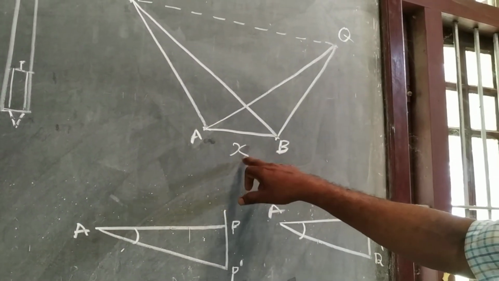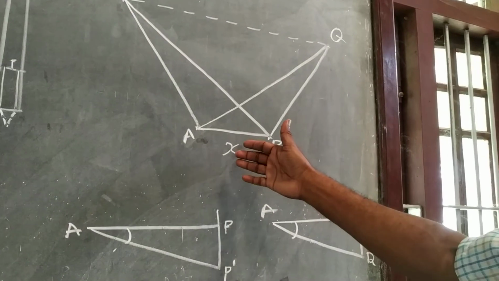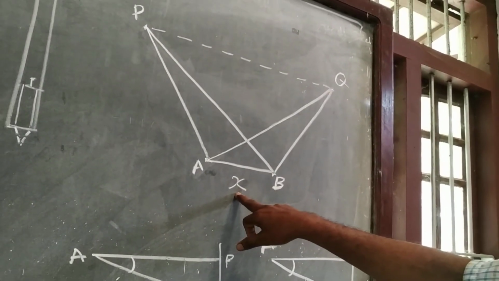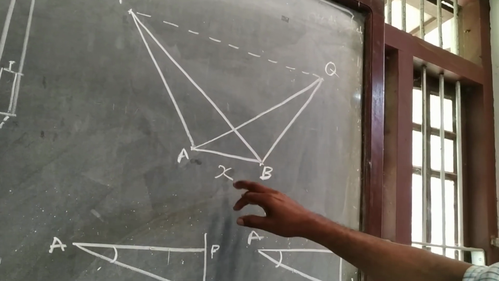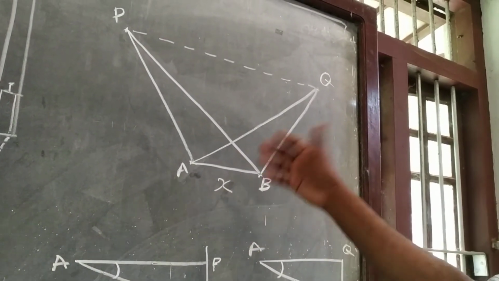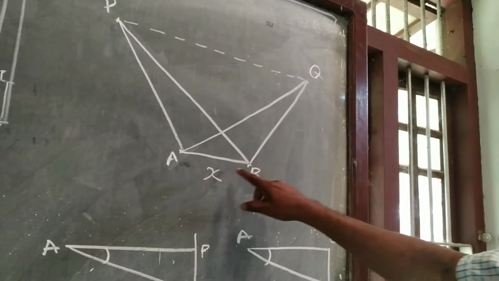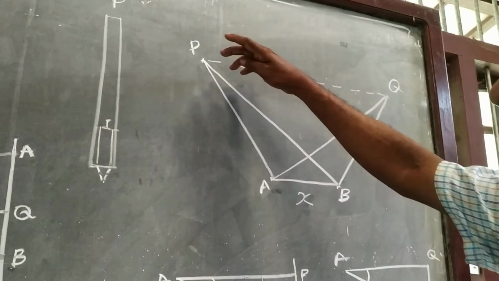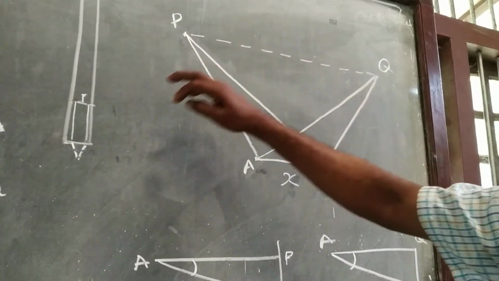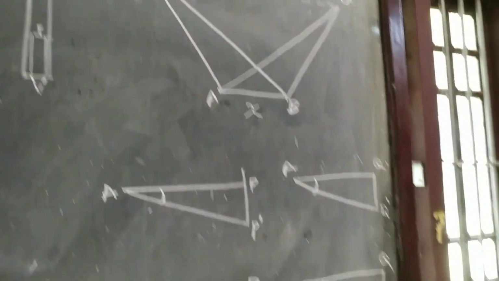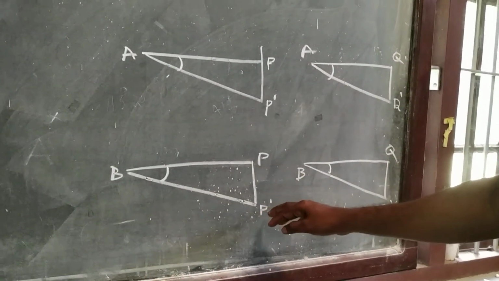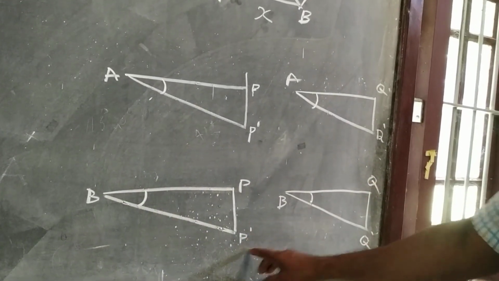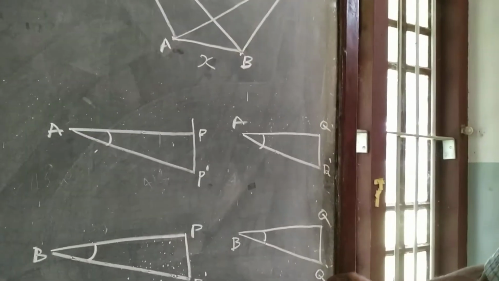Yesterday we took this distance as 6 meter, any distance you can select, and you take this reading for the calculation. This may be 6, 7, 8 or something like that, and shift the instrument to B and look to P, and take the horizontal reading as well as the vertical reading. Vertical reading means you can see here the angle of depression from B to P, and from B the angle of depression of Q.